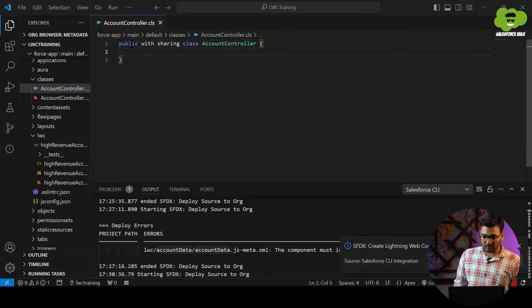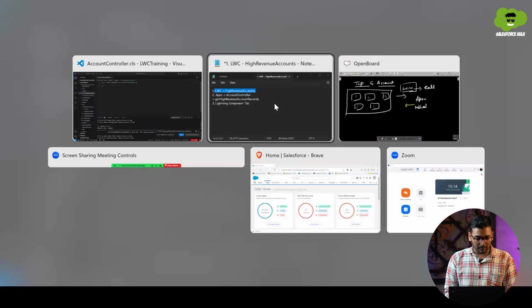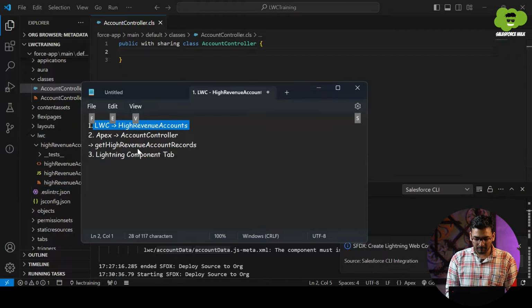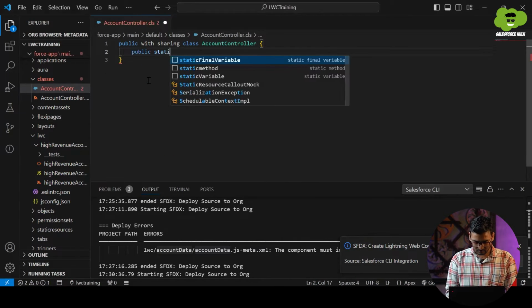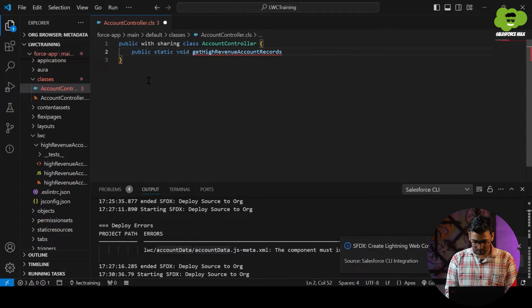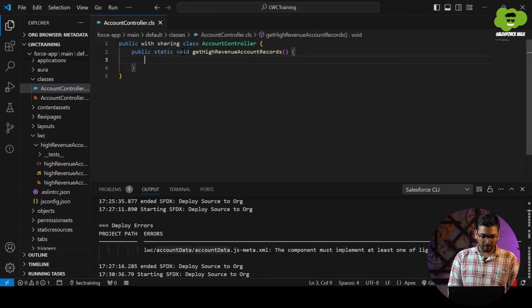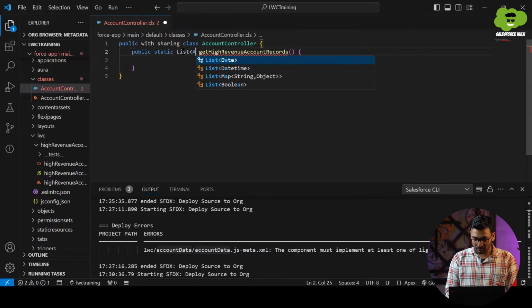Now within this AccountController, I need to define a method with the name getHighRevenueAccountRecords. So this particular Apex method is going to return a list of account records.